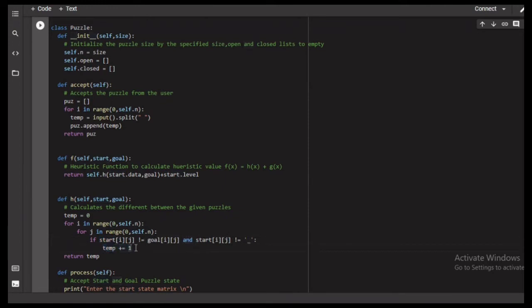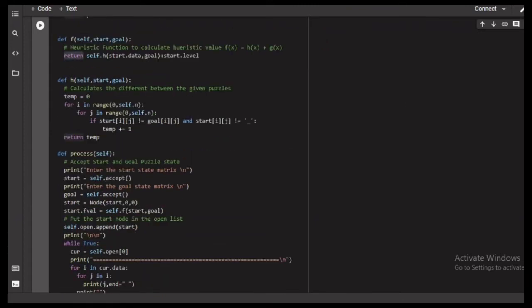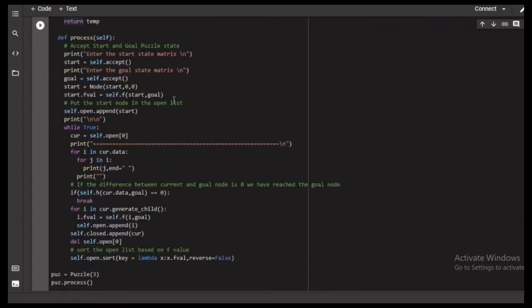So basically what we are doing here is checking how many values are not in the correct place according to the goal state, and we are returning that value, and we are adding that value with the level of that node and returning that value.